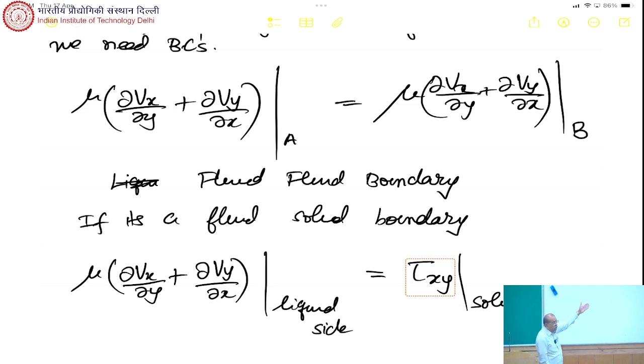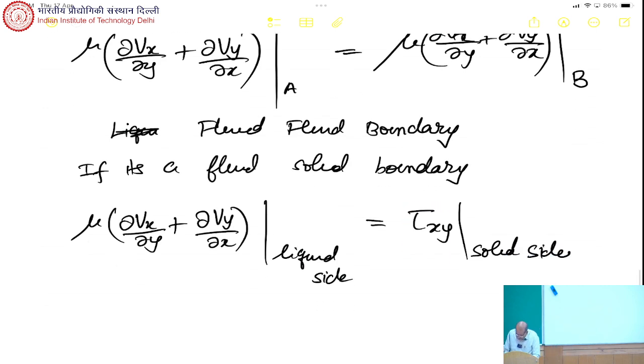Now, on the solid side, you cannot write this expression that is valid for fluids only. So, if it is a solid fluid boundary, what you will get is tau xy on the solid side is equal to mu partial Vx by partial y plus partial Vy by partial x on the liquid side. Now, from here you can realize that this boundary condition,